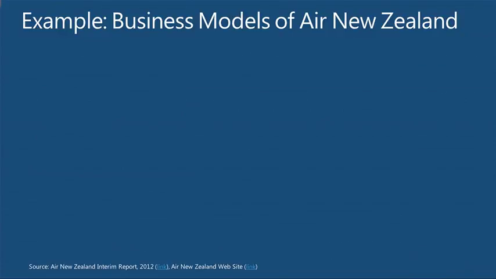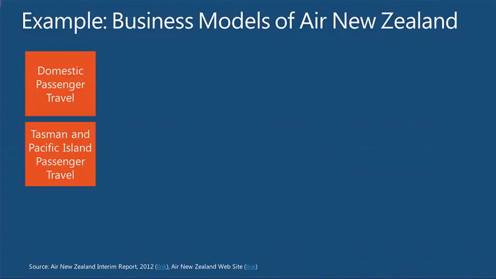Now, all the stuff that you see here about Air New Zealand, I picked up by reading online sources. I am not someone who has ever walked into the doors of Air New Zealand. How many business models does Air New Zealand have? So there's a couple that are obvious. They fly you from place to place, don't they? Now, the interesting thing about passenger travel is there's various different elements of passenger travel. And their public papers, their filings and annual reports, et cetera, really make very clear distinctions that the way they compete and the way they offer value in these 3 different areas of passenger travel are different. There's another one you probably could think of if you thought about it.